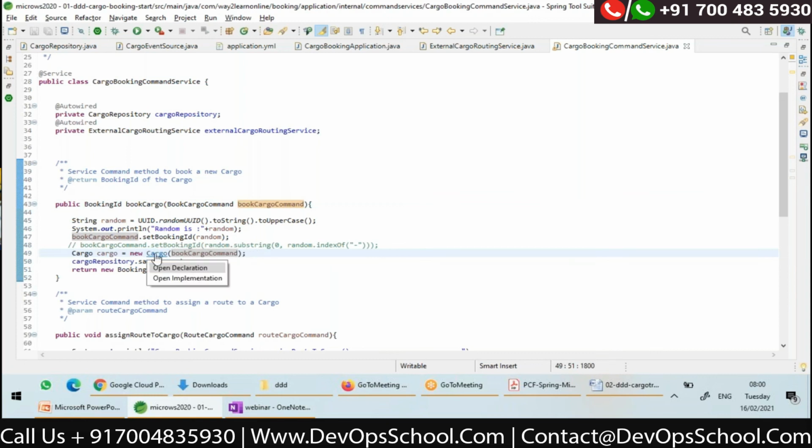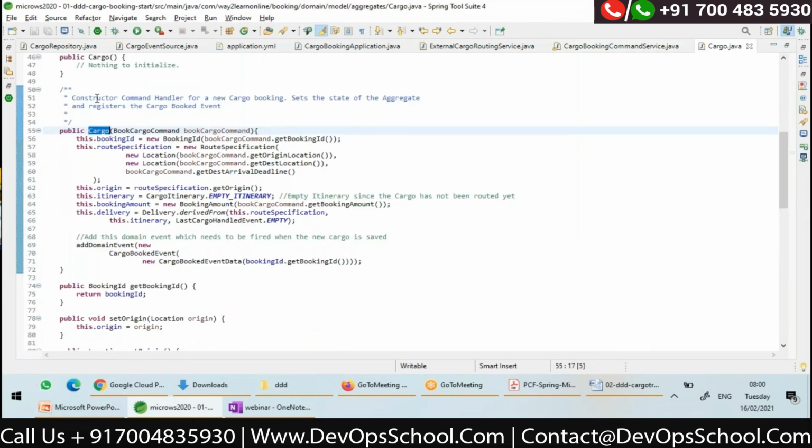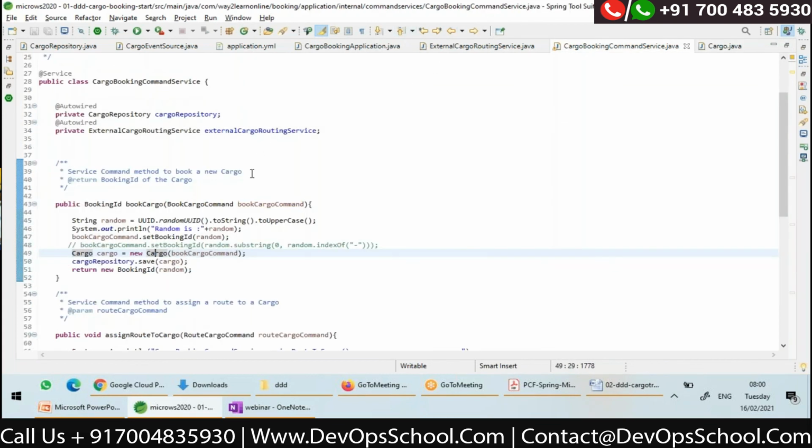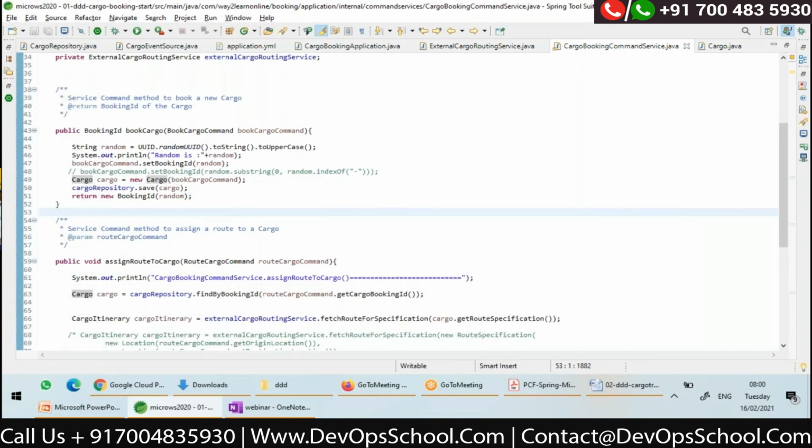As I told you, this cargo has a constructor. This is a command handler, right? Okay, so one minute, just a minute.